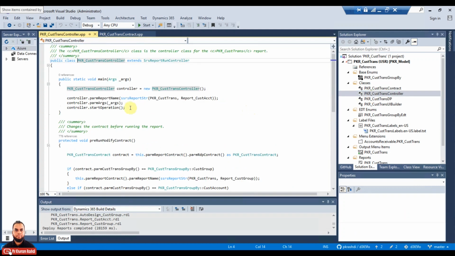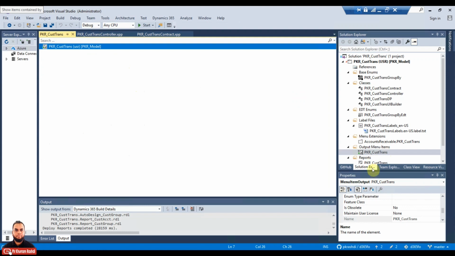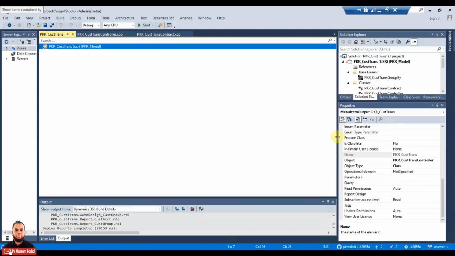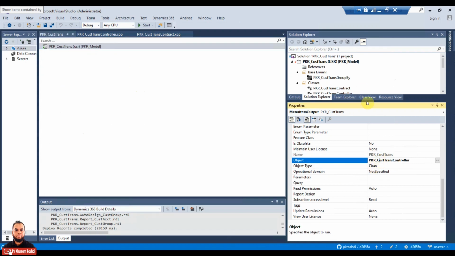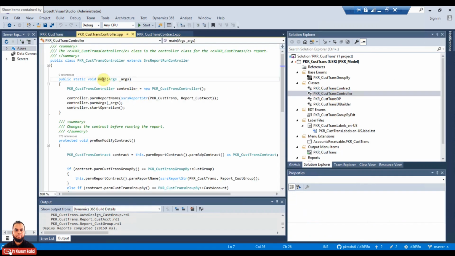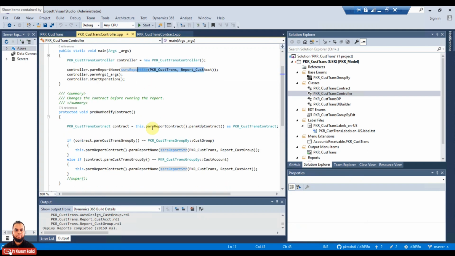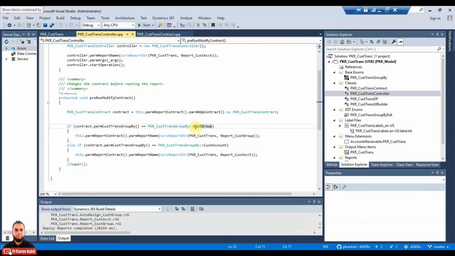In the controller we have implemented the static void main method, which is basically the entry point. From this the class will enter, and the menu item will call this controller class, which I need to also show here. I have used the same output menu item, and in the menu item I have selected the object type as class, and the name of the class is the controller class which we have created. Once control goes to the controller, the main method will be called first, and we need to give a default name of the report. And then in the pre-run modify contract we can adjust accordingly on the basis of the dialog